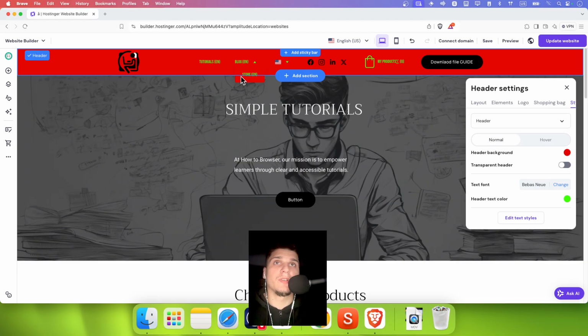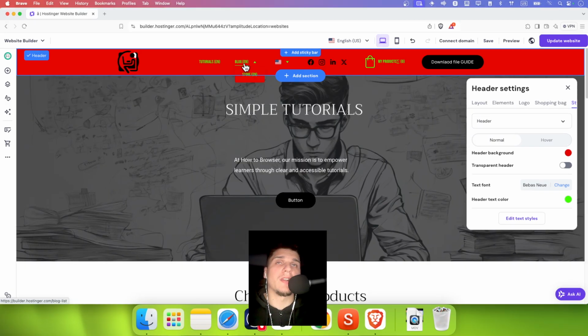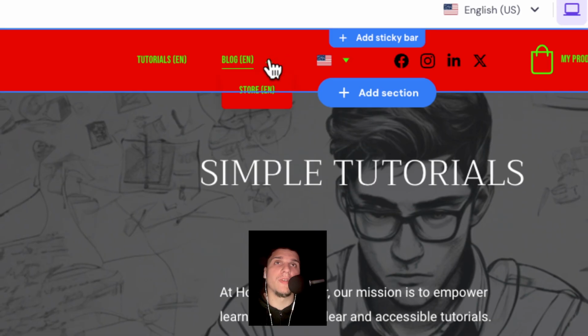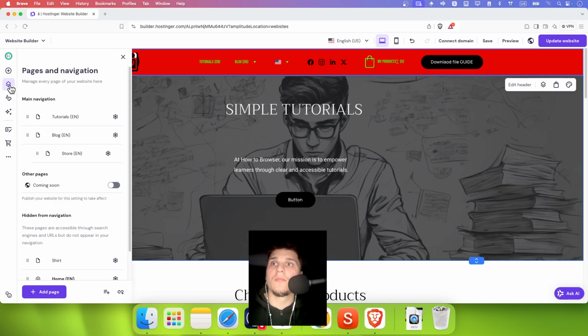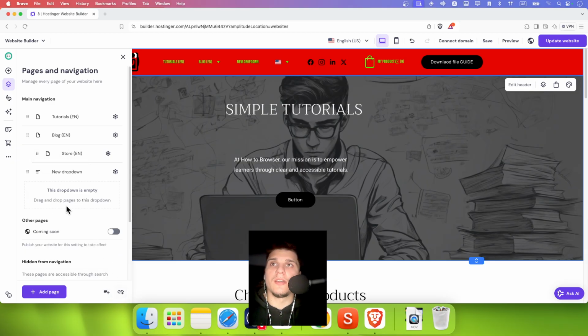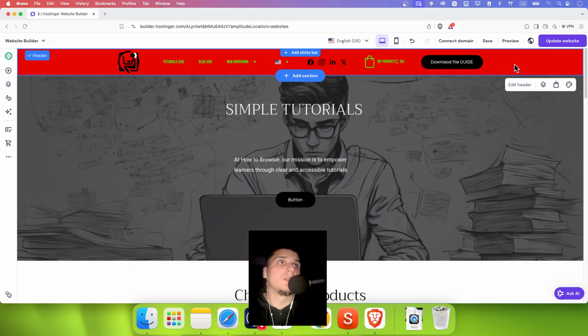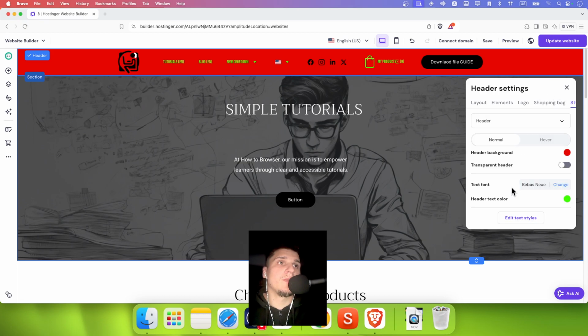Now we have from the sub item is also a different color. I mean, actually not a different color, but it's the same color. Now I'm not an expert, but I don't know how to change only, let's say, the color of this drop down. I have no idea. But I'm gonna look. You can also add a new drop down, and let's say I'll drag this here. Anyways, now let's go back to here and we can change the header text color, text font, and we can